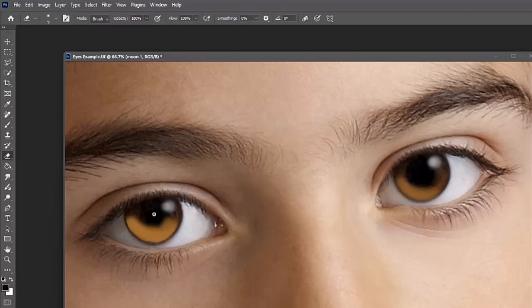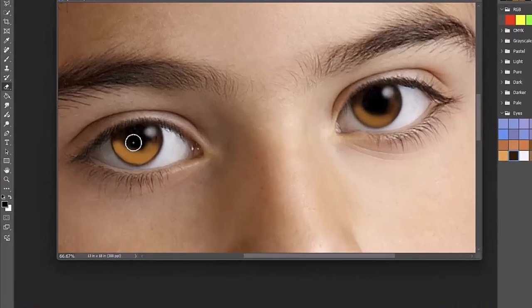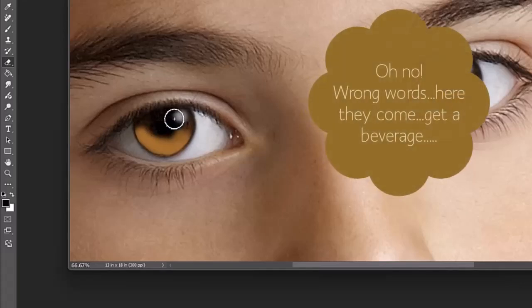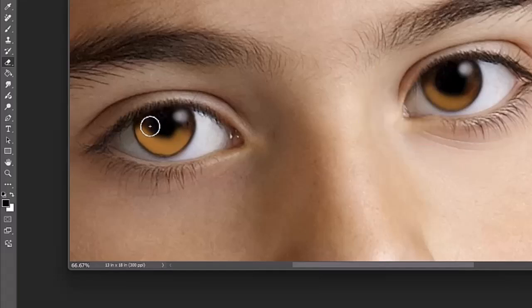I would suggest putting it on 100% opacity, just to make sure that you don't have any paint in the pupil. Make your eraser just a little bit smaller than the pupil. And the eraser tool is only going to erase where this little plus sign is. No, it's not a plus size brush. There's a plus sign in the middle. Actually, it erases at that point. Now you see, that's why when you make the brush bigger, you get a softer line. If you make the brush softer,